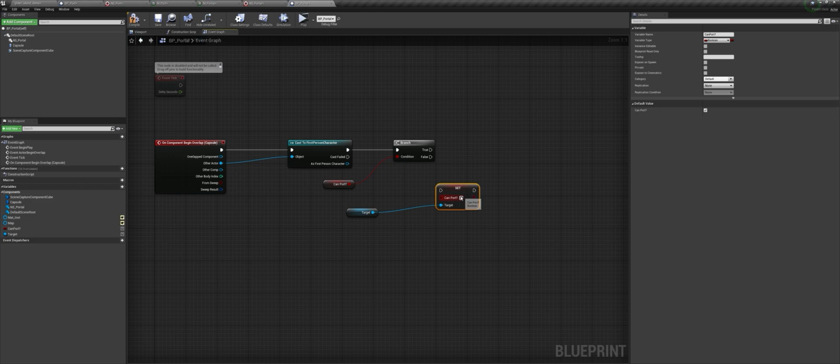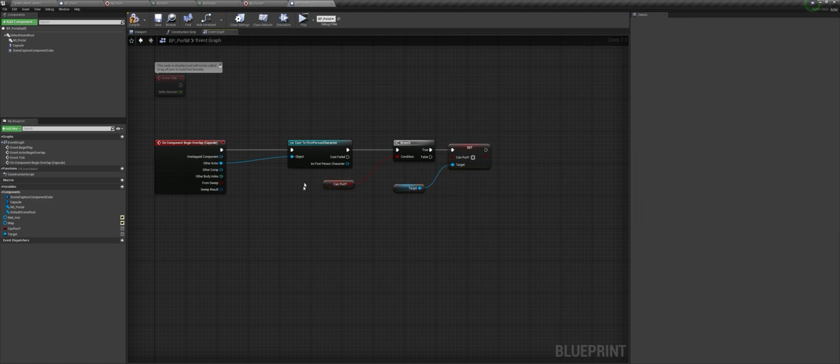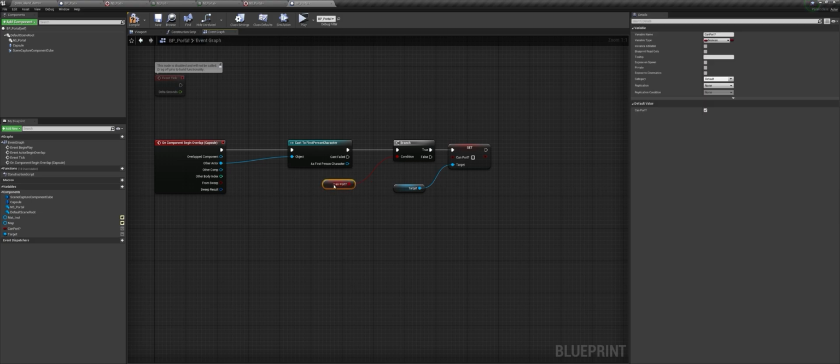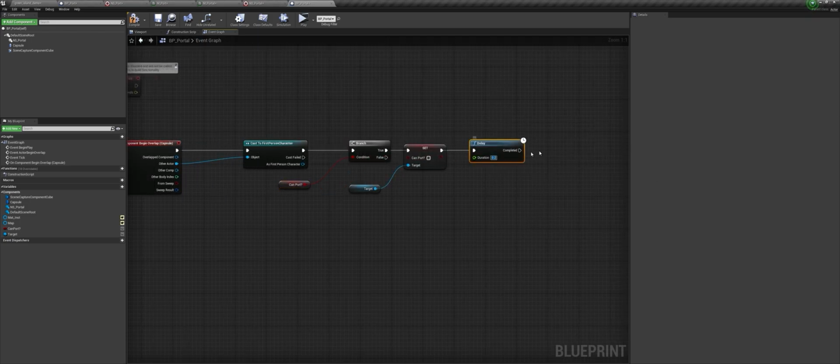This should be set to no on the target portal, because when we port to that we don't really want to port back to this one. Untick that. So when we hit the target portal's capsule, this will check can port and it will be set to false because we are setting this to false here. And then after a small delay, so it should be a really small delay like 0.02 or something like that, we will just